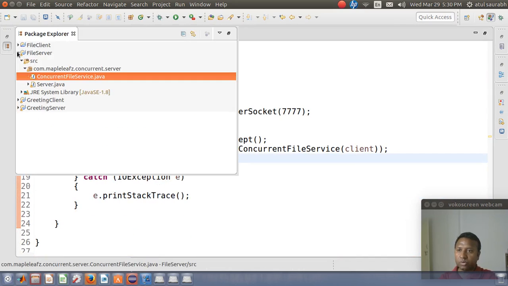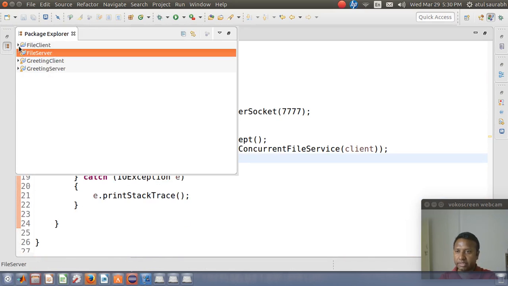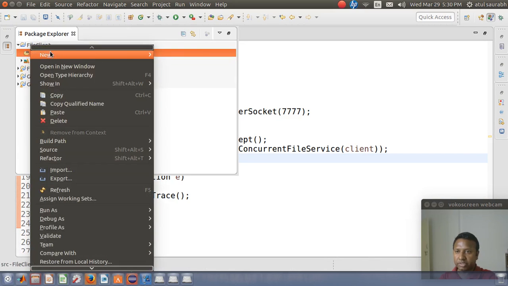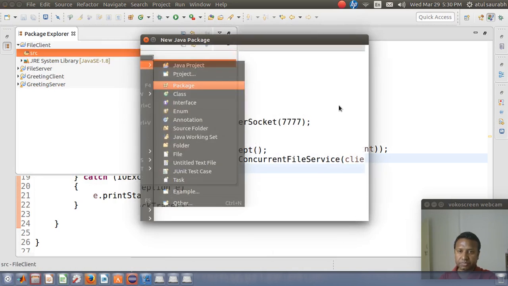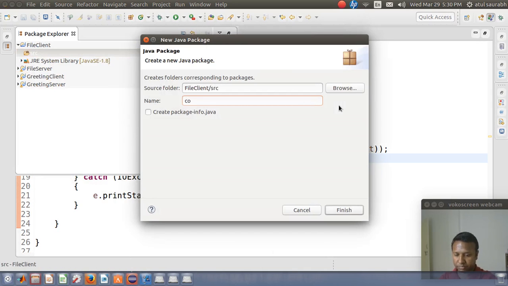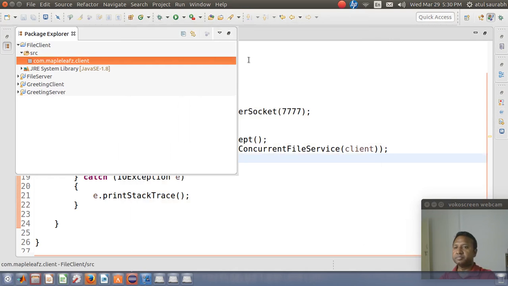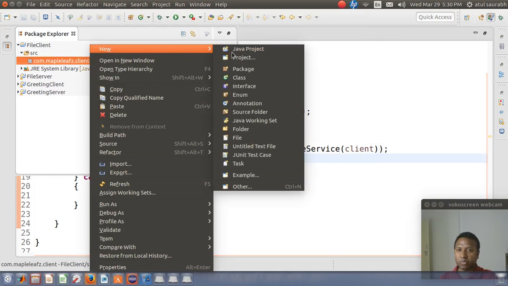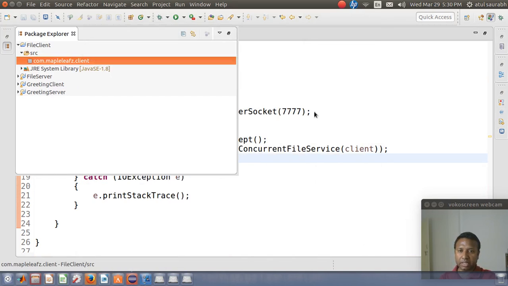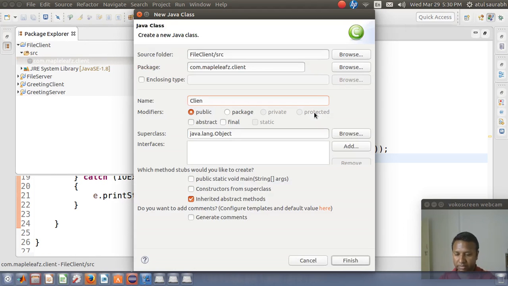Let's go for the client side. We need to create a package, and here I want to create a class called Client, and I require a main method.